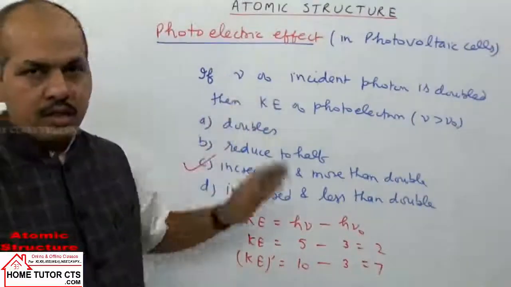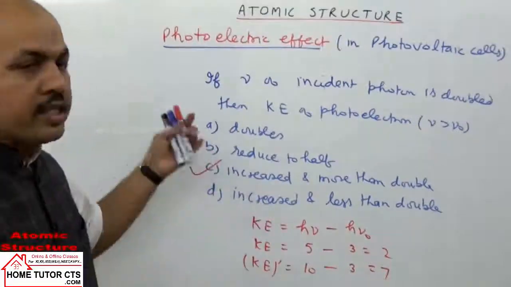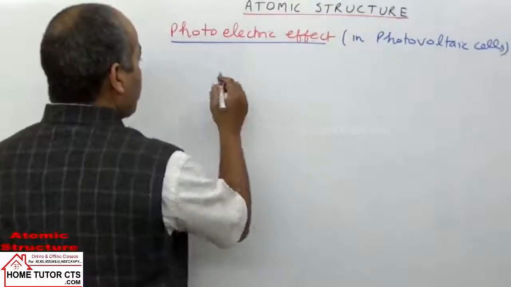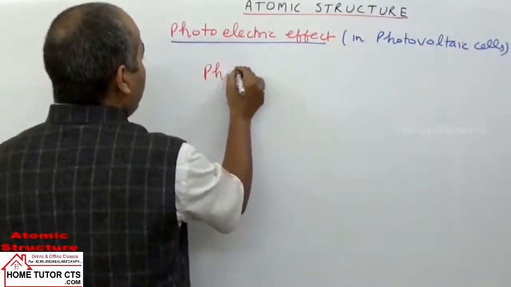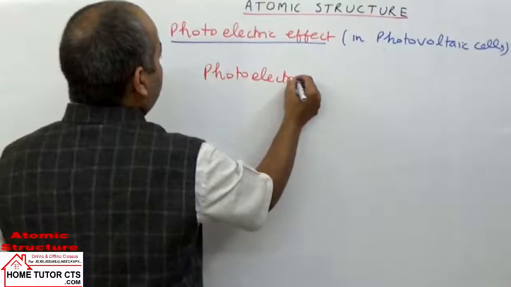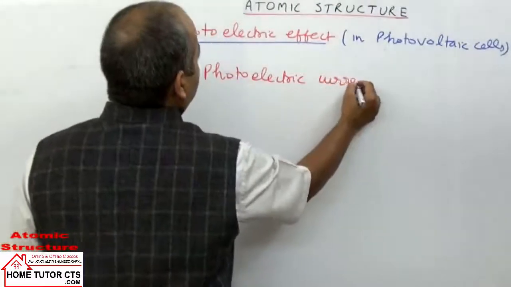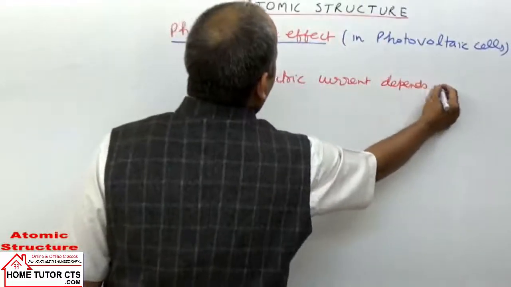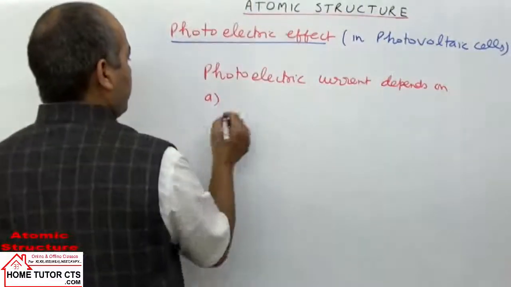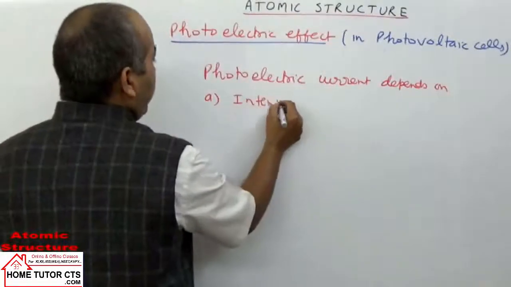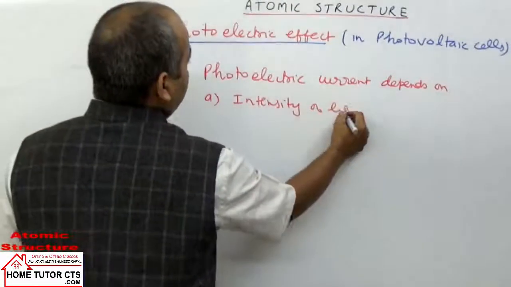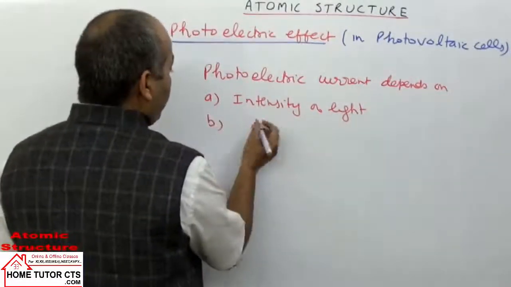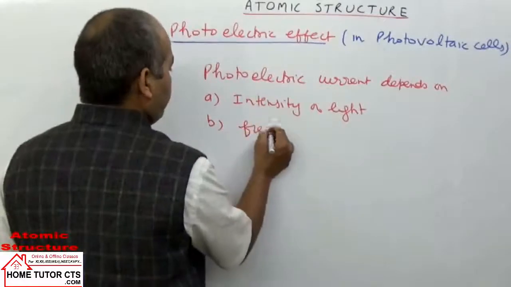So be careful. ये question में क्या दिया है? Let us take next question. Now next question given to you here. They ask question that the photoelectric current depends on, आपको ऑप्शन दिया है इसमें इंटेंसिटी ऑफ लाइट, ऑप्शन आपको बी दिया है फ्रीक्वेंसी ऑफ लाइट,